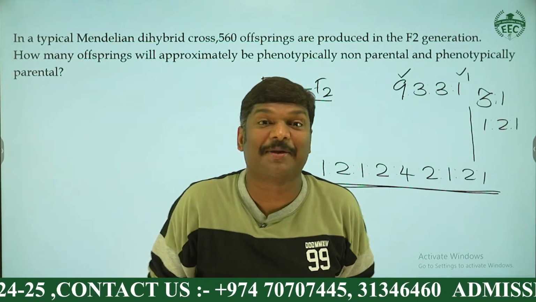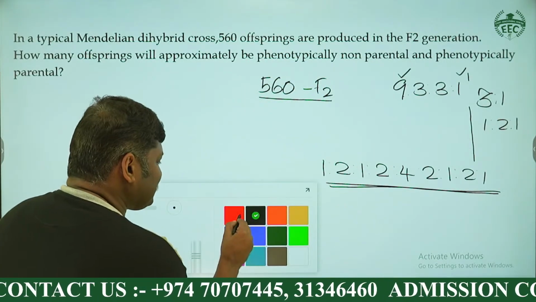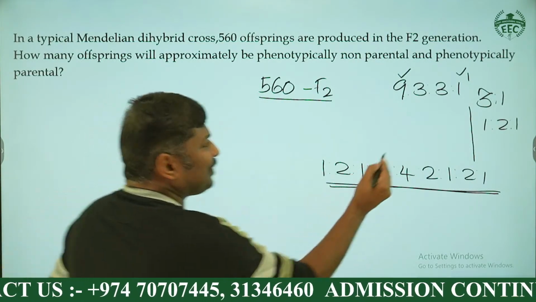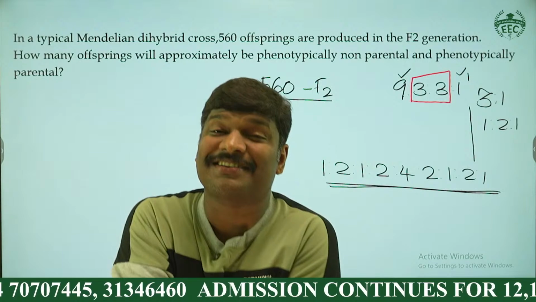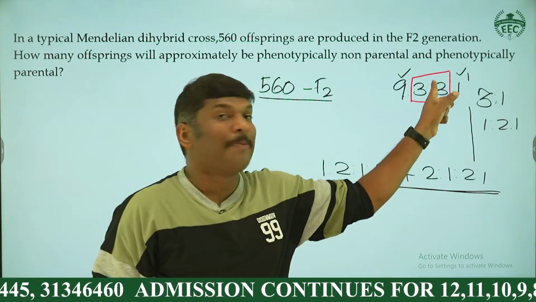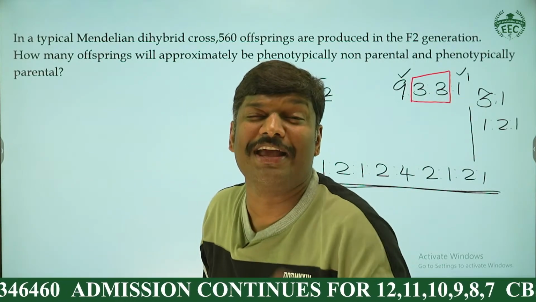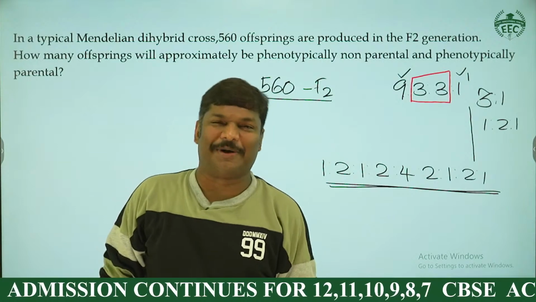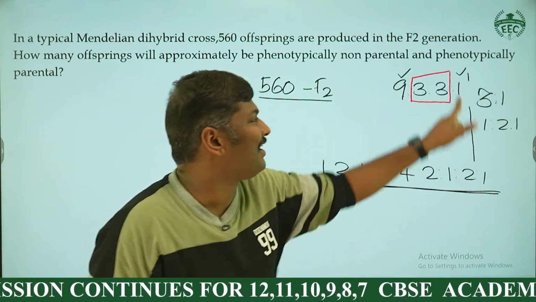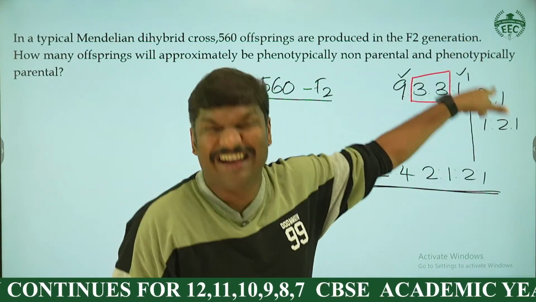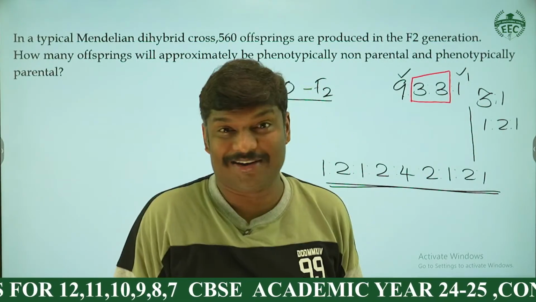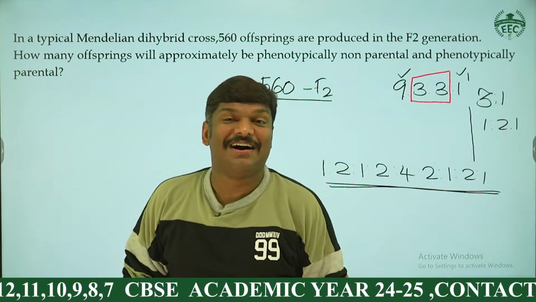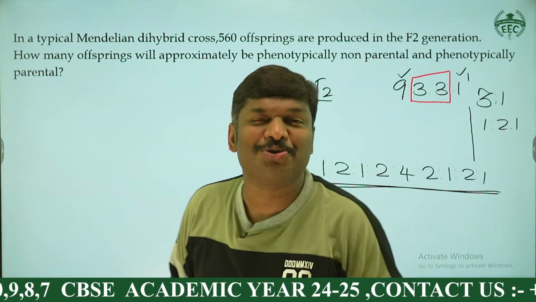And what about dihybrid, my dear student? You can see along with the parental, there are some non-parental characters also produced. So non-parental characters are produced only in dihybrid cross. Here the 9 is parental, the most one is parental, the least one is parental, but the intermediate ones are non-parental. How are the non-parental young ones produced? That is due to the law of